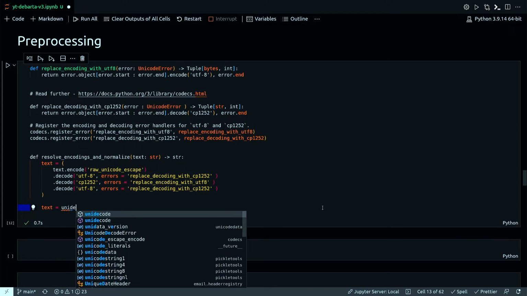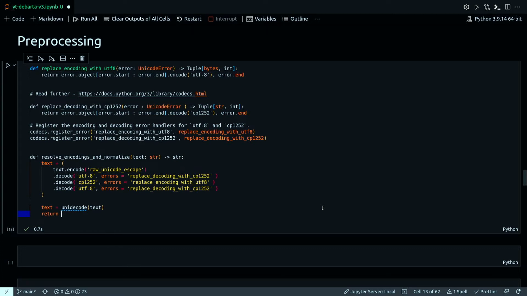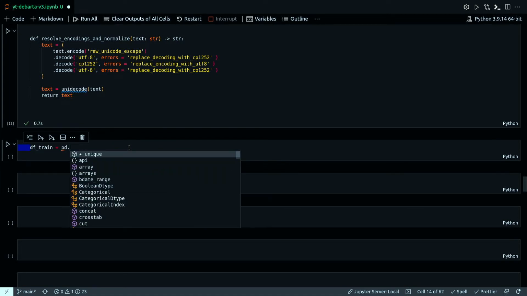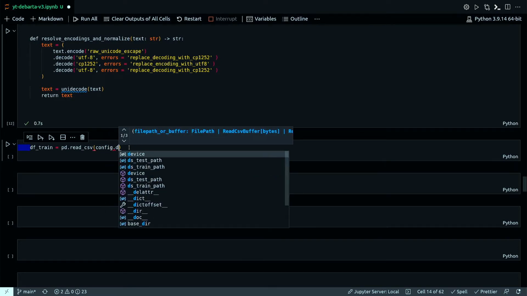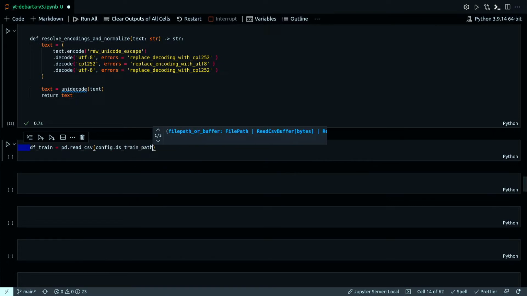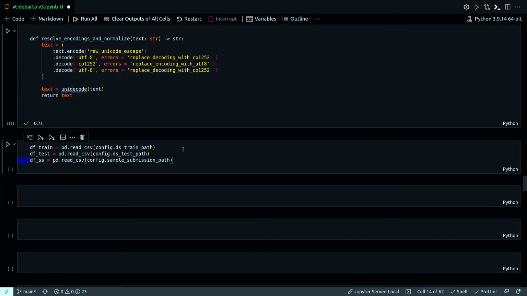You need decode. All right, now the frame will be just read CSV train path. Similarly, I need to do for DF test and DF submission.